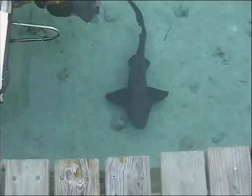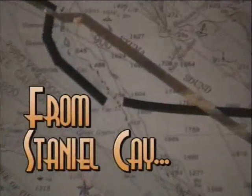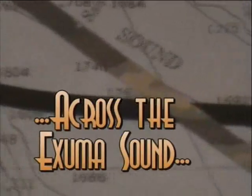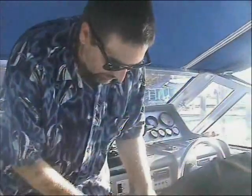There's tremendous currents here. The water comes in through Staniel Key Cut and comes by the marina there at about 6 or 7 knots. It's a really strong current. It's a dangerous place to get in and out of if you're not real careful. And she jumped out of the dinghy there to rinse off, and the current was carrying her away. So she reached down to put her fins on, and when she looked down in the water, one of those big old nurse sharks swam right underneath her. And of course, this was her first opportunity of swimming with the sharks, so she was a little bit upset. She made a little bit of noise, and